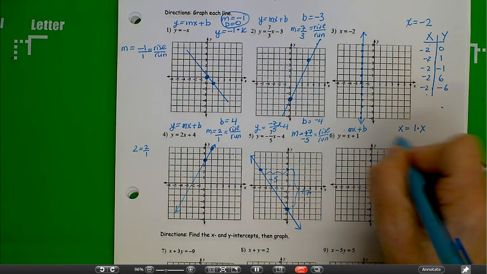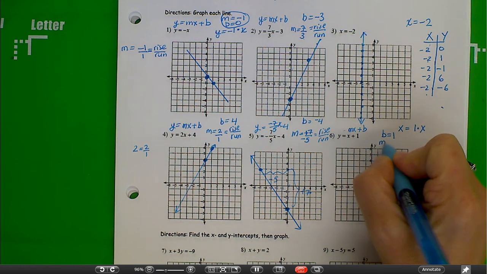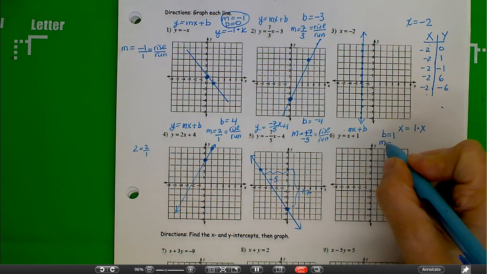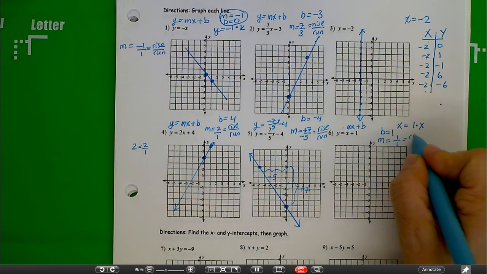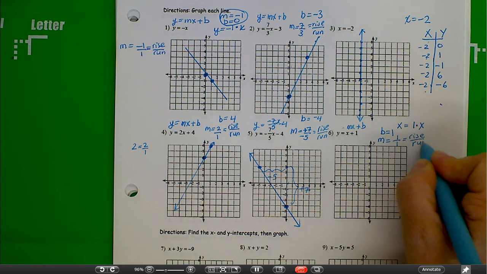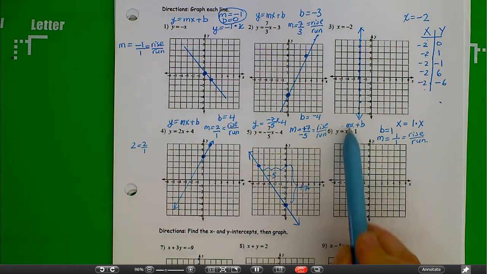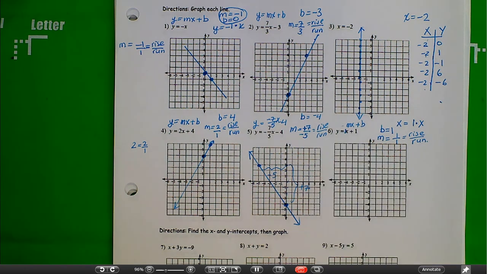So here we have b is equal to 1, and m, which is the slope, is equal to 1/1, which is equal to rise over run. Because we have mx, you could see the 1 right in front. Okay? 1 times x